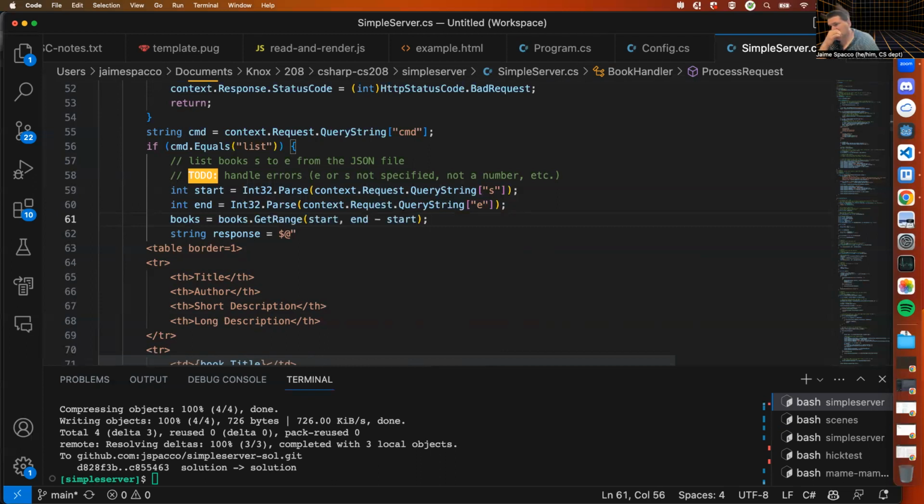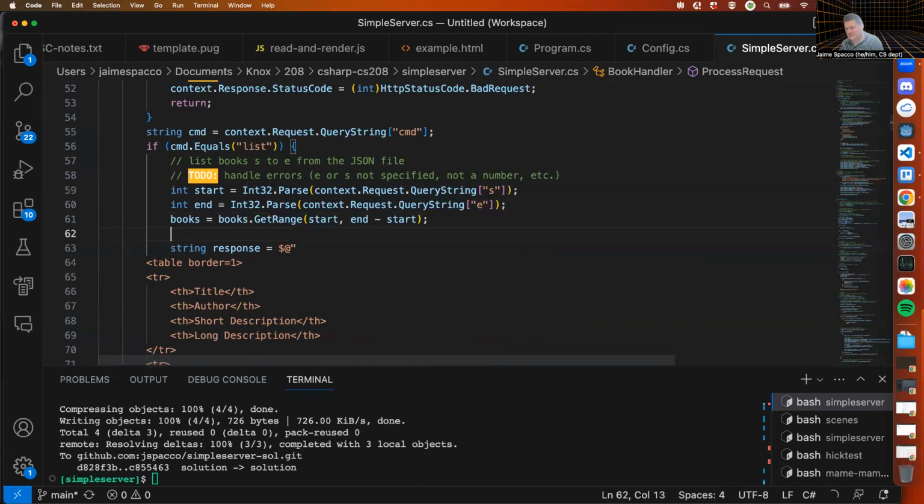I mean, that makes sense. I don't know if that's a thing that exists. Books.GetRange. Books is a list. I mean, this is where GitHub Copilot is kind of magical. But I don't want to change books. What I want to do is a list of book